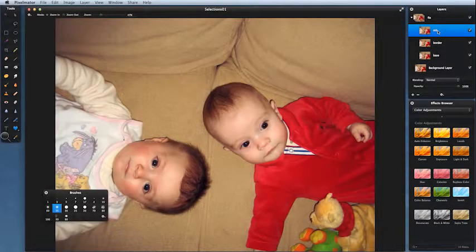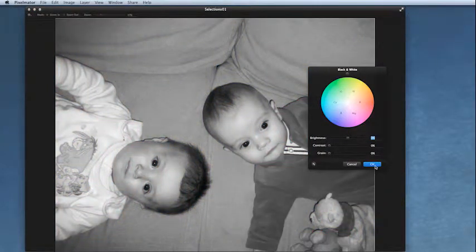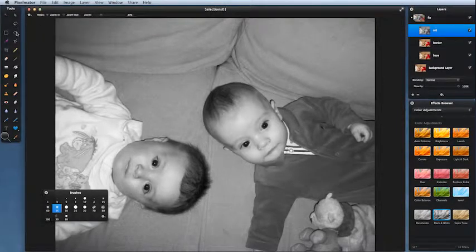Okay, we're going to do something similar now, but this time using the Ellipse tool. I've created a new layer called Old, and I'm going to come down to my effects browser, click on black and white, and turn this to a black and white image. Then I'm going to come over to my Ellipse Selection tool, click around about the middle, hold down the Alt key to draw out from the middle,